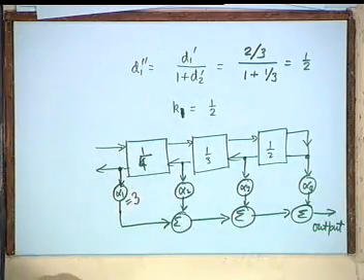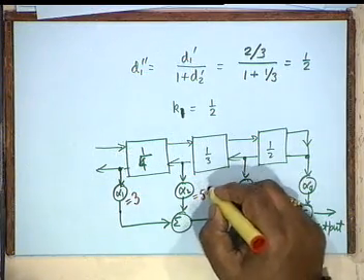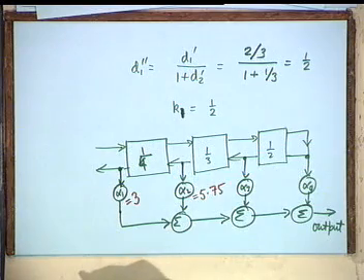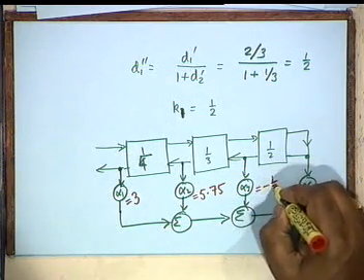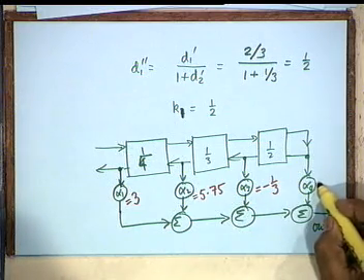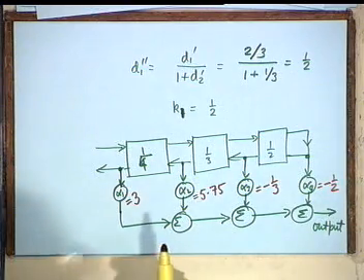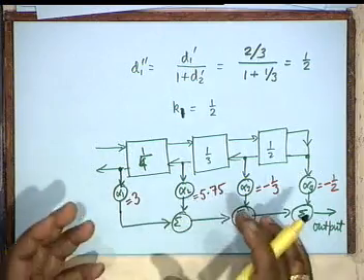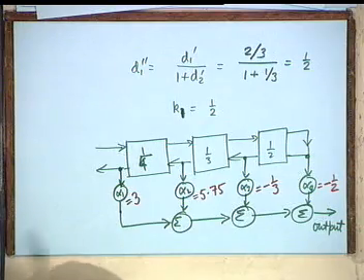Alpha 1 comes as 3, alpha 2 as 5.75 and alpha 3 as minus 1/3, alpha 4 is minus half. This is my result by comparing the numerator with the given numerator or by applying the formulas, because all the